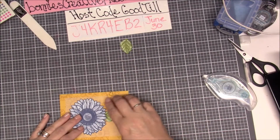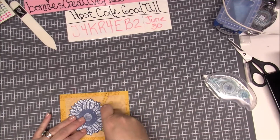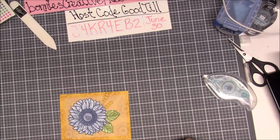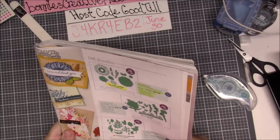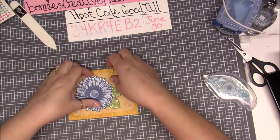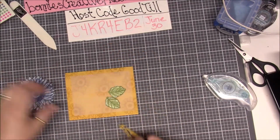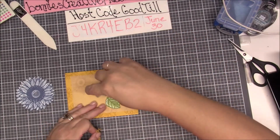And then they put a couple of these leaves like this. I think, let's look at this again. Did they pop it up? I think they might have. Okay, so we're going to just stick this leaf down. And I'm just going to use a little bit of...